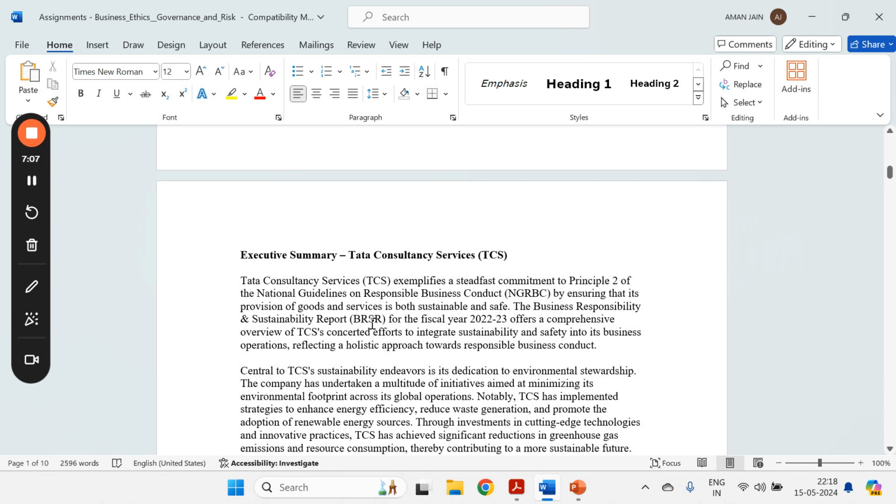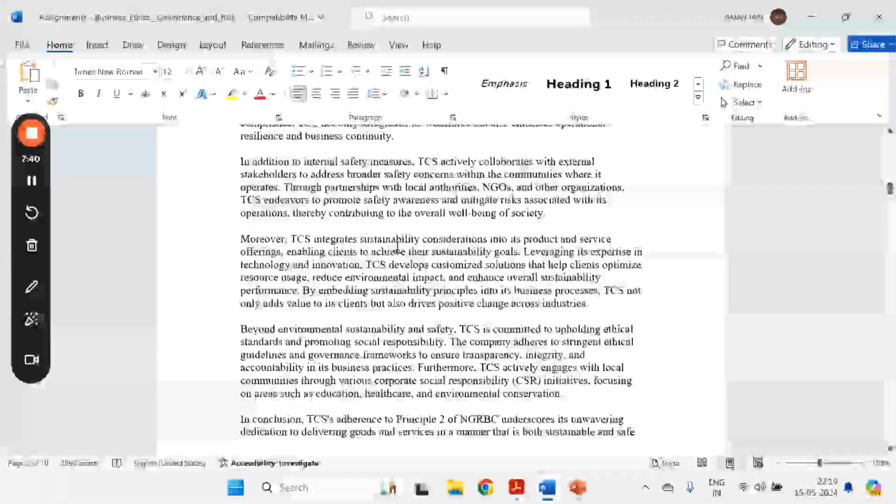My favorite company is TCS, to be honest. Every year when I prepare the assignments, I love to highlight Tata Consultancy Services, not because I worked there earlier, but because it follows the code of conduct and is more or less an ethical company. That's why I prefer talking about TCS. You can write about any company: Infosys, Wipro, SBI, any company you can choose, right? I'm just mentioning the executive summary. All the details are mentioned.